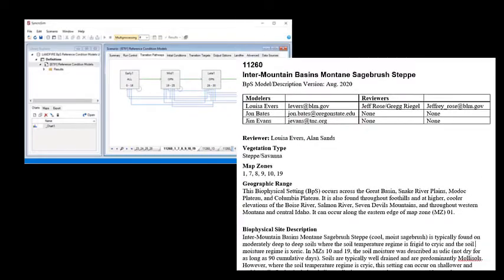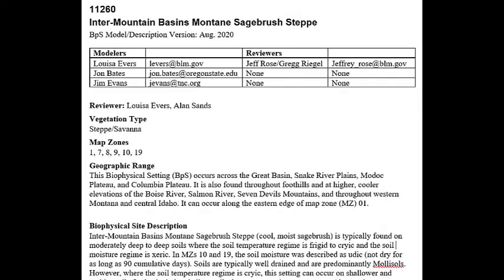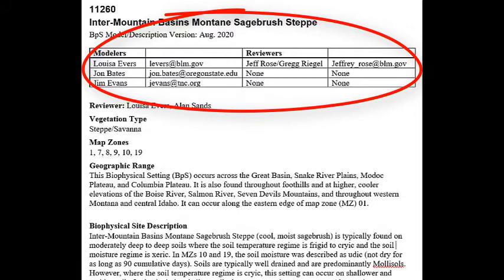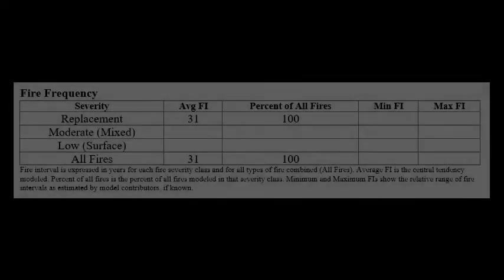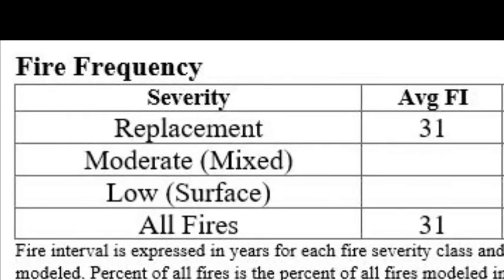It's exactly what it sounds like, a document that describes the model, but it has other information too. Here are some highlights. The description starts with information about who created the model. These models were created by experts across the country in collaboration with LANDFIRE. In the disturbance regimes section is this table here, which shows the frequency and severity of fire as calculated based